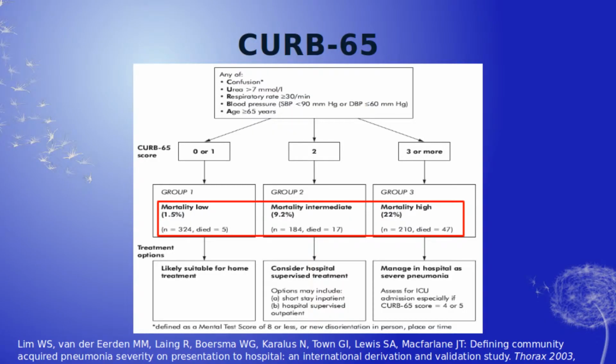So they wanted to examine the association of that score, as well as other clinical variables, and derive a prediction rule that would better stratify based on their risk of mortality. So once they identified the independent predictors, they created their rule, which we know as the CURB-65. Group 1 had relatively low mortality. Those are scores 0 and 1. People in group 2 were intermediate. They could be treated with either a very brief inpatient stay or outpatient with home care. And people with a score of 3 or more were recommended for inpatient treatment.